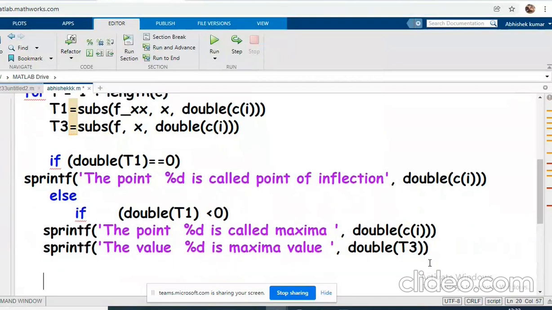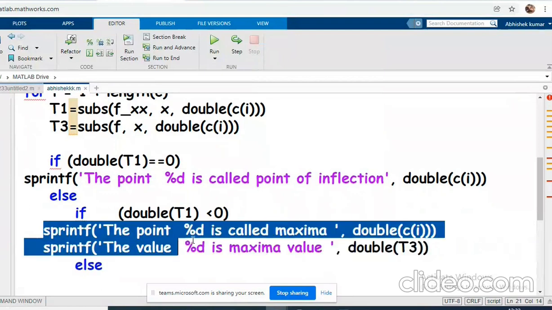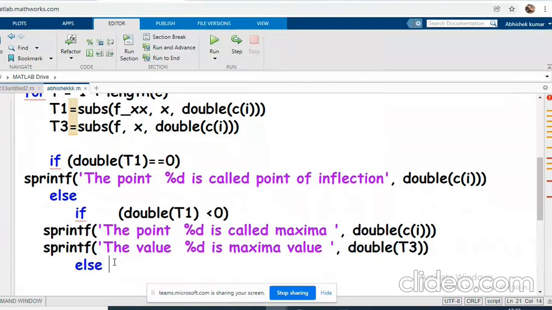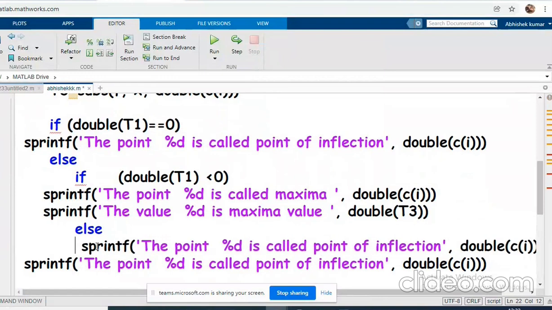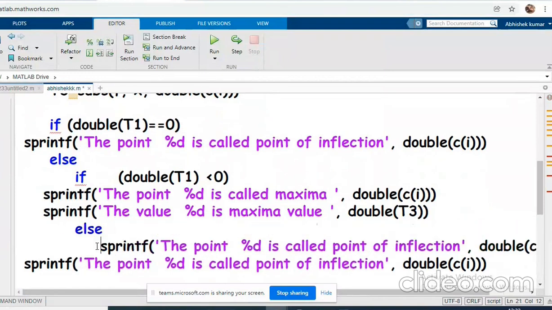And if T1 equals 0, point of inflection. If T1 less than 0, we get the maxima. Else, the third will be by default. If it is not equal to 0 and not less than 0, then definitely it will be greater than 0. Then the else will have the minima point, right? I have copied these two lines. Now I can read that the point percentage d is called minima point.